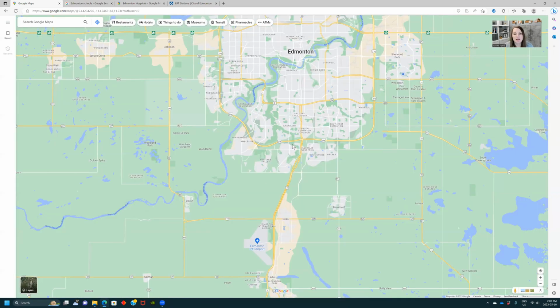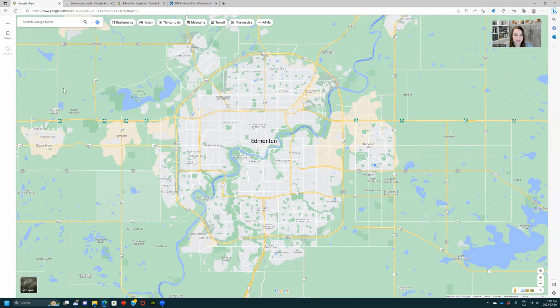Okay, so let's look at Edmonton though, to start. So we kind of break the city down into a few sections. Let me get my pen. So we have southwest Edmonton, which is kind of this area here. We have southeast Edmonton. We have west Edmonton, which is roughly like that. Then we have more of a university area